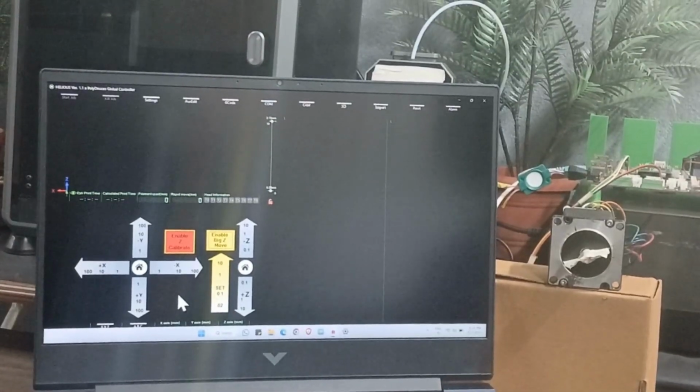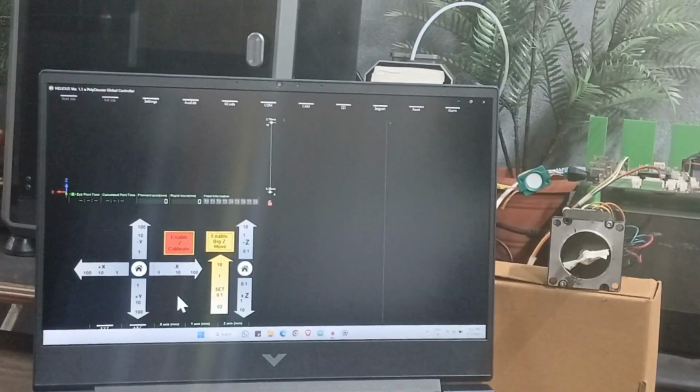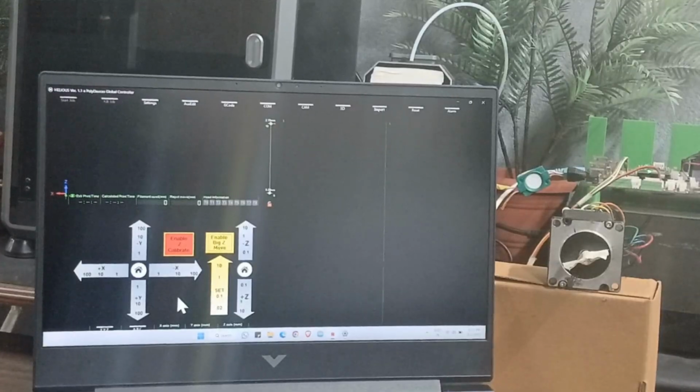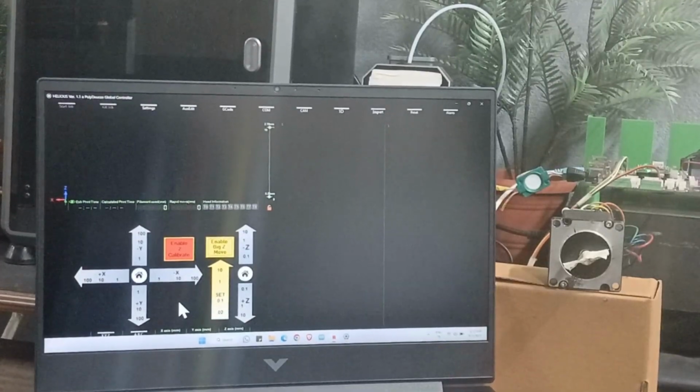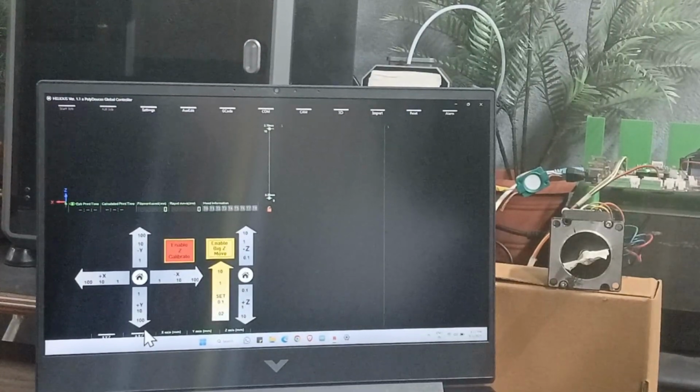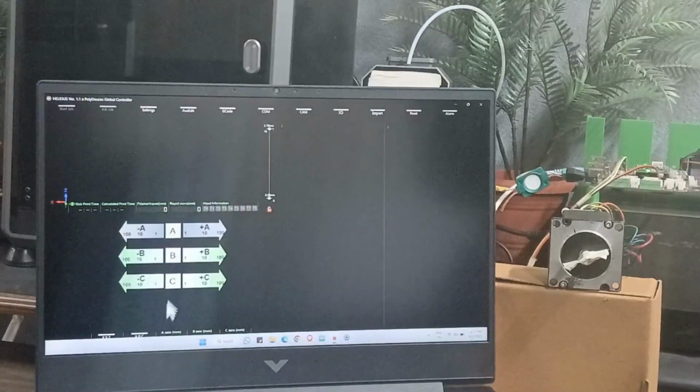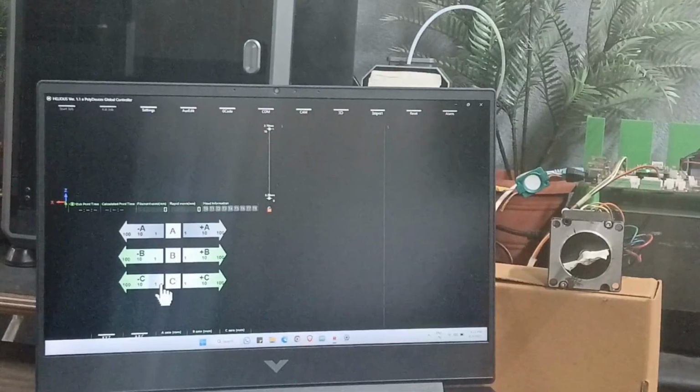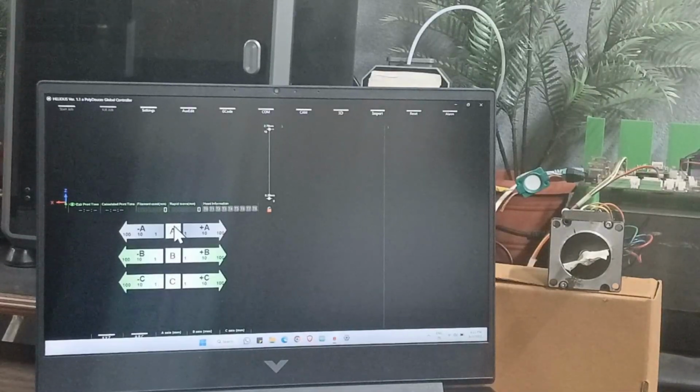So apart from X, Y and Z axis, there are also some advanced machines that have rotary axes. You can see down here ABC. If I click on ABC, I get the ABC axis. This is for rotary axes. These control rotation around the X, Y and Z axis, giving the machines more flexibility. For example, the A axis rotates around the X axis.